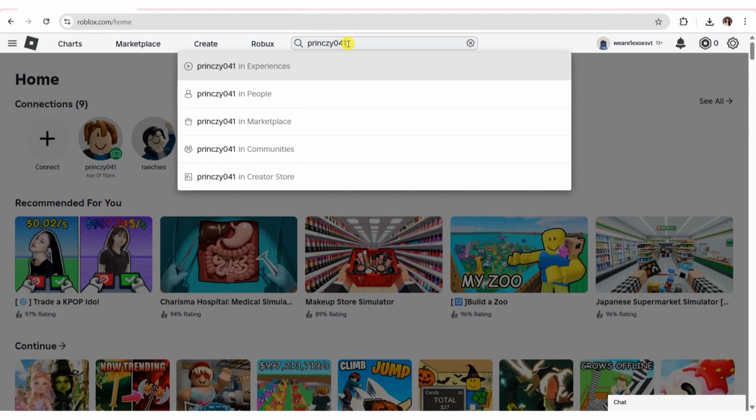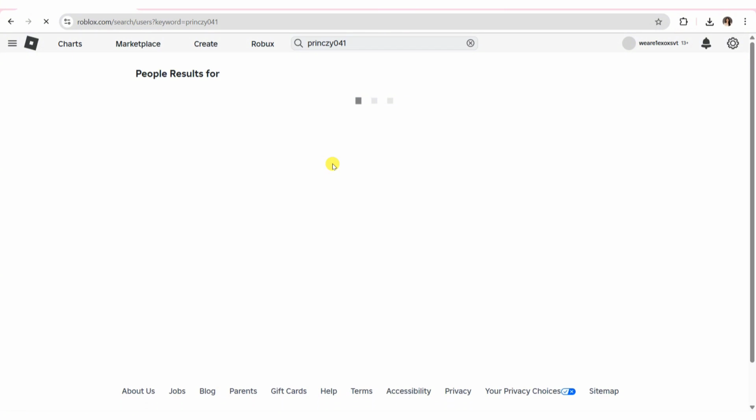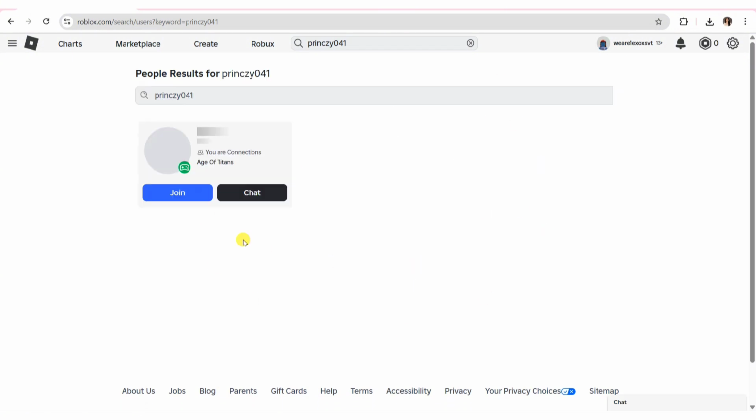And then from this drop down, go ahead and search for this username under the people section, and that will take you in here. So in here you'll be able to find the people result for this specific username. If you're not yet following this specific individual, you'll be able to find a follow button in here instead